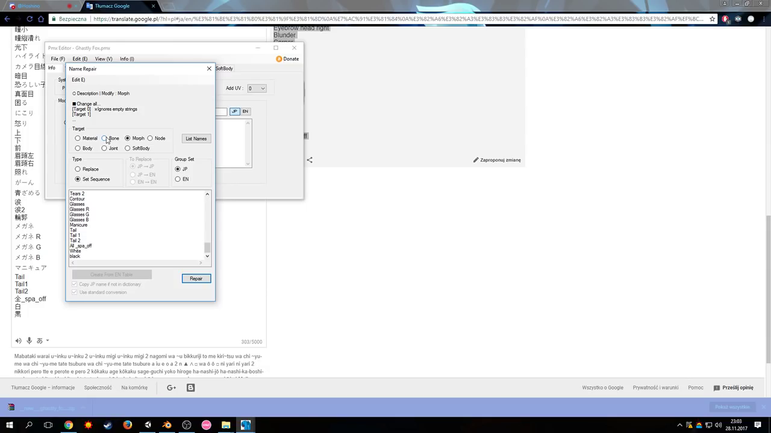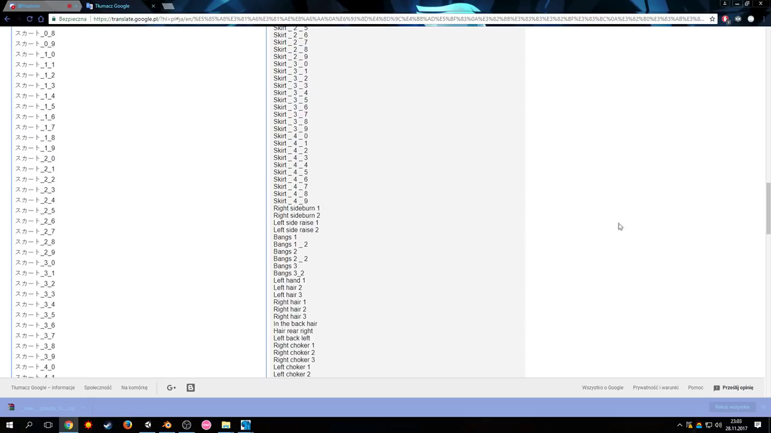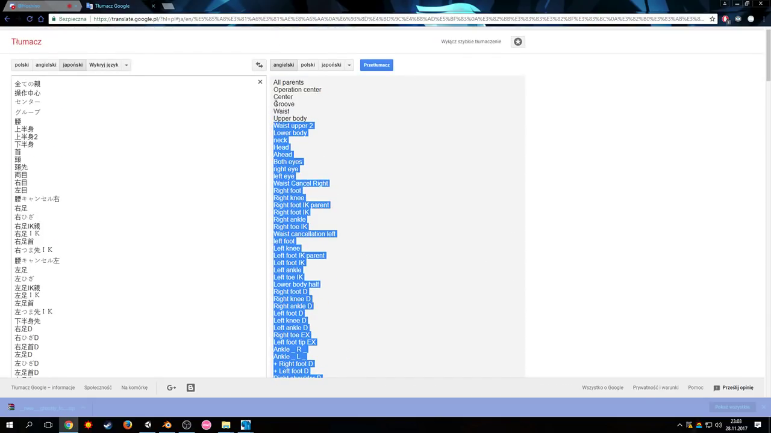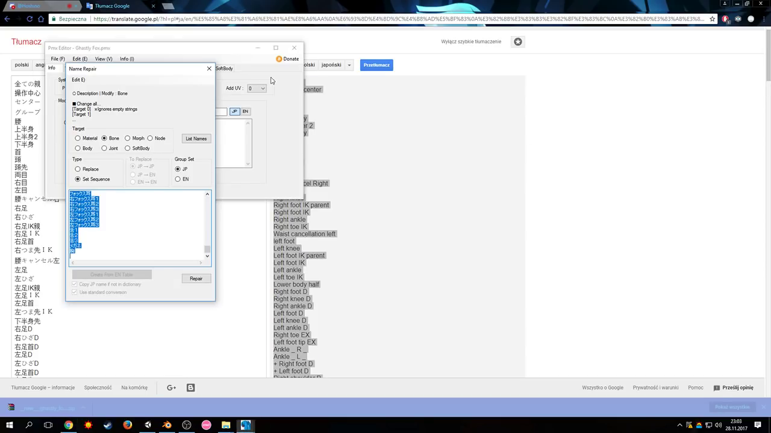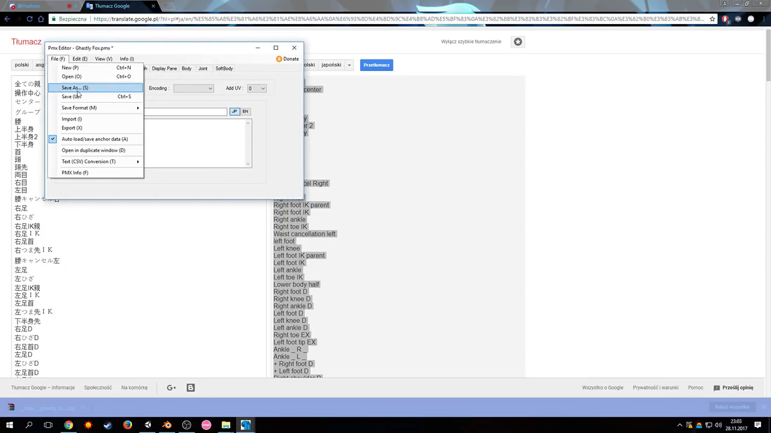We need to do the same with bone, so we check it, list name, copy all of this, then just paste it here, and again copy and paste. Repair, yes, fixed. Now we need to save our file,